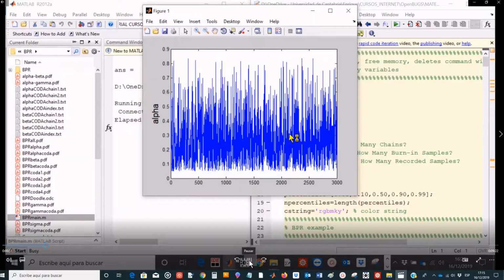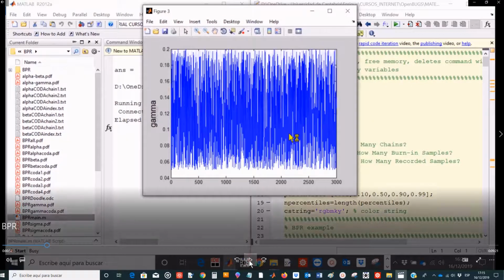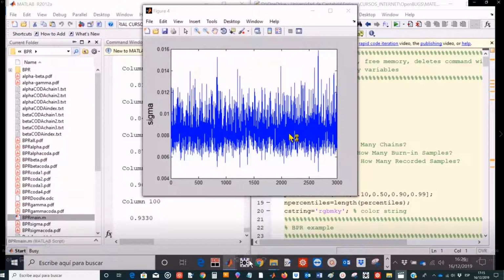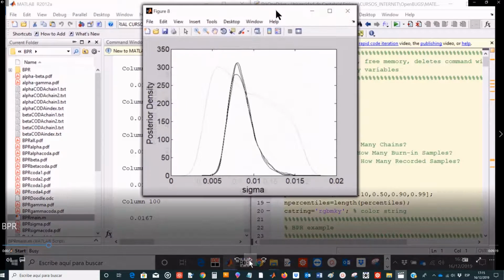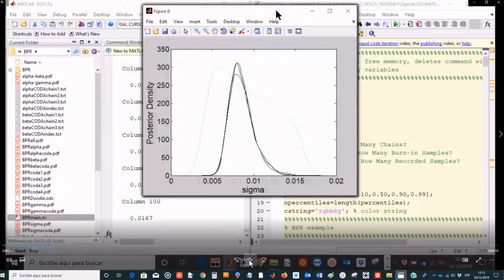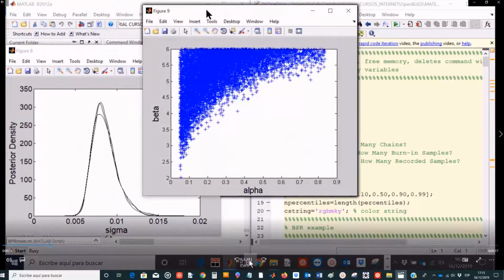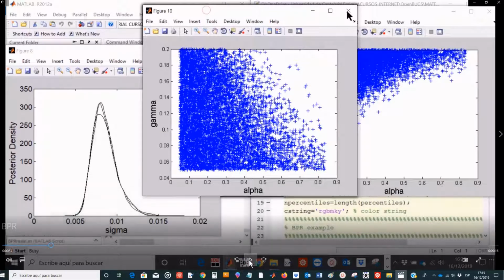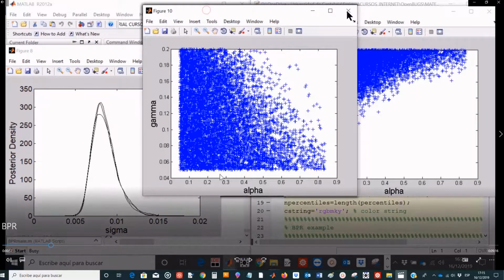Next, we start the MATLAB part of the computer program, and then we get different plots. For example, the history plots. We obtain the density plots for the different parameters, and we can even plot pairs of parameters. For example, in this example, you have gamma and alpha, and in this other example, you have alpha and other parameters.